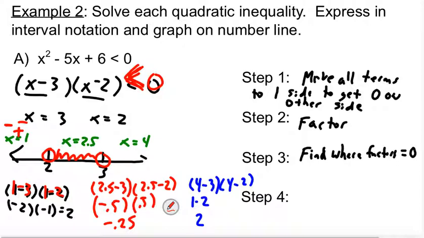So you can look at your signs there too that way as well. So then if you put in 2.5 minus 3, I'm going to check the middle one here, you end up getting a negative. 2.5 minus 2 there is a positive. A negative times a positive ends up giving us a negative 0.25. Is a negative value less than 0? Yes, it is. So that's why we shaded in that region. All right. So this is where we test values